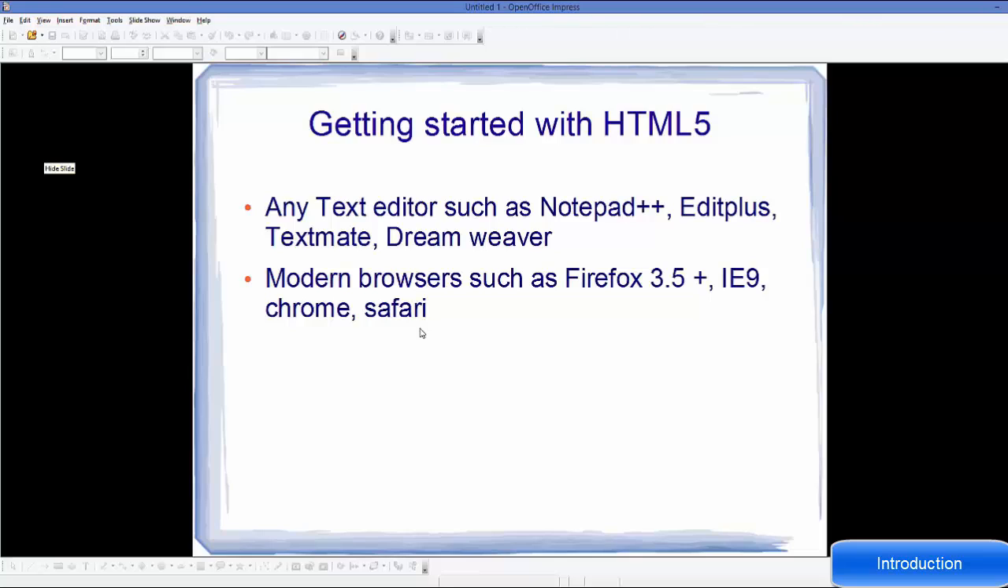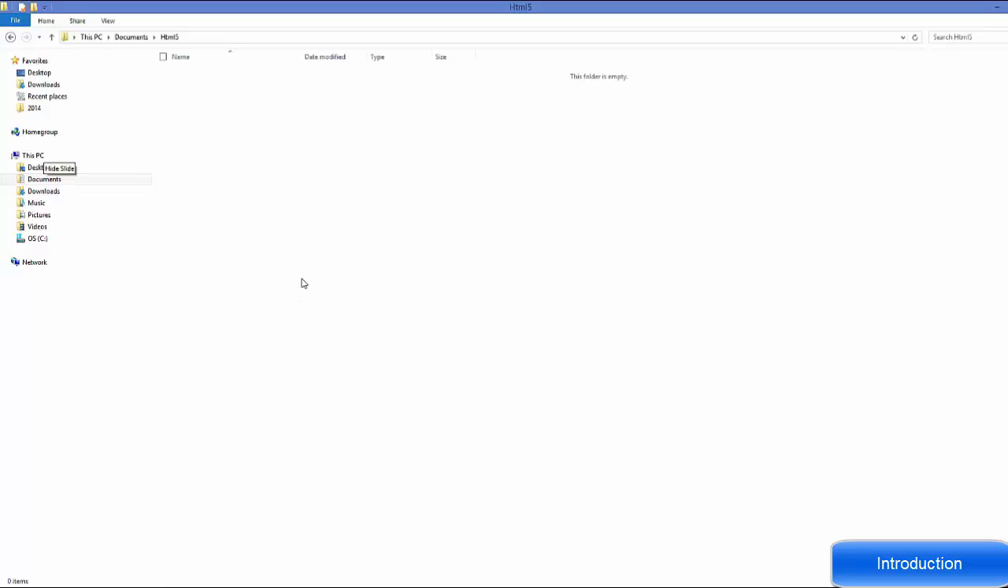Now let's see how we can create a simple HTML web page. I'm not going to explain the content which I'm going to use inside the HTML page, but we are going to see how we can create an HTML page. So just go to any folder in which you want to create this file, right click on it,